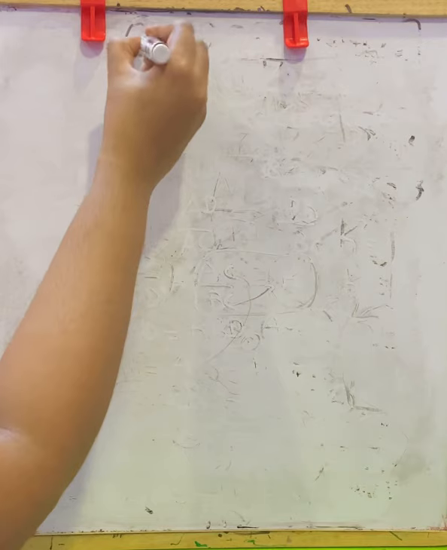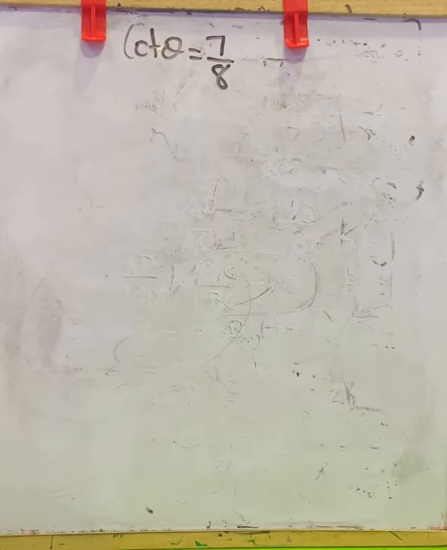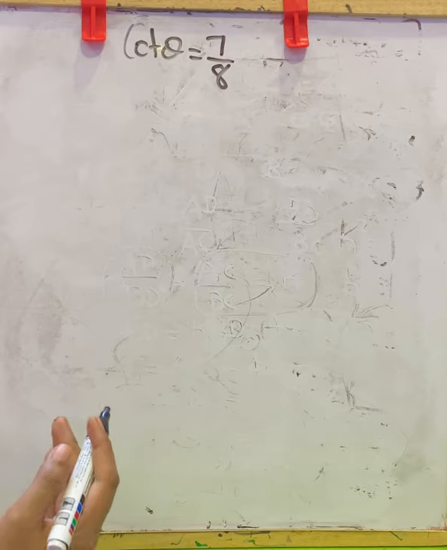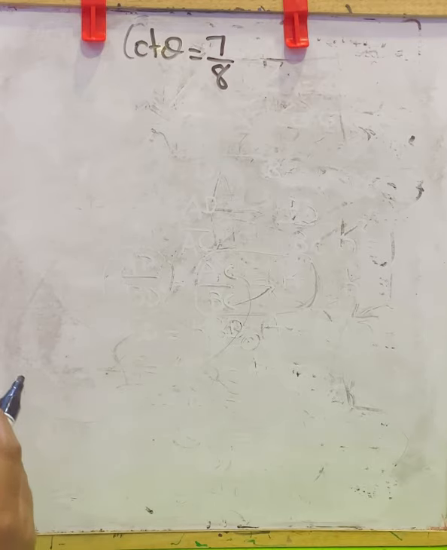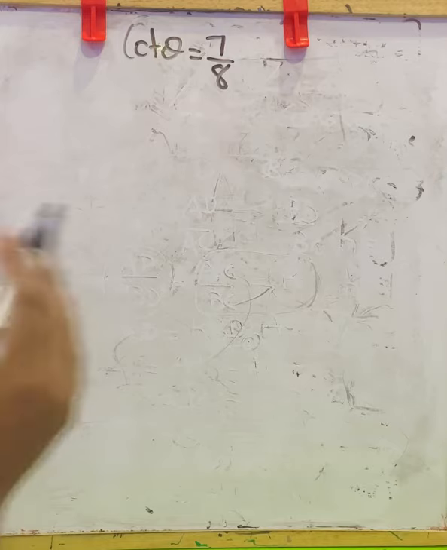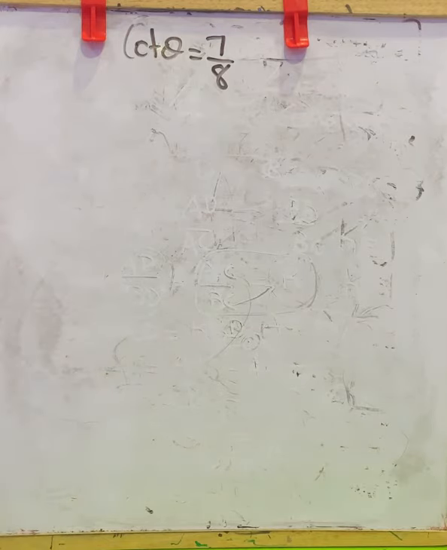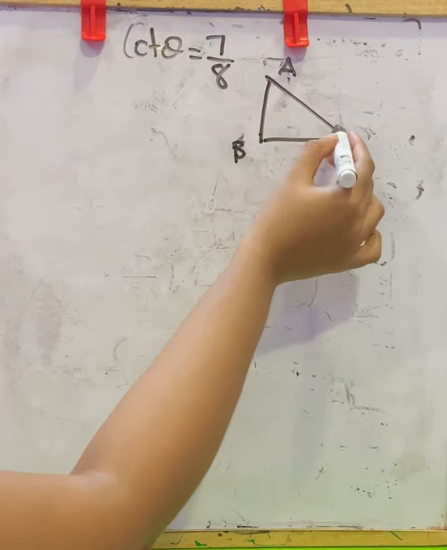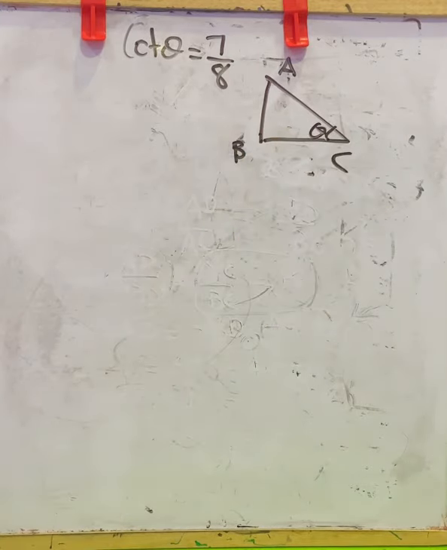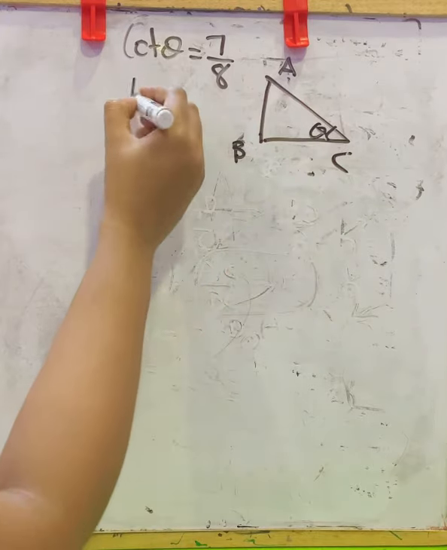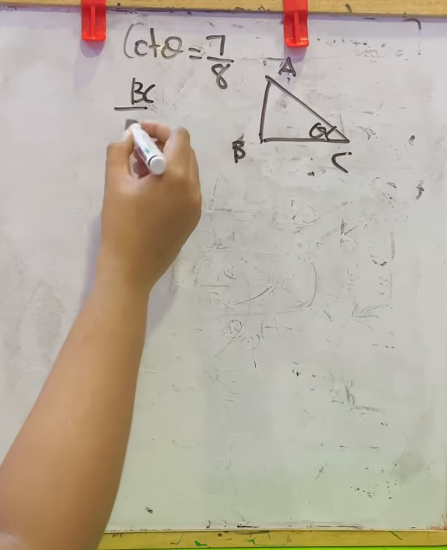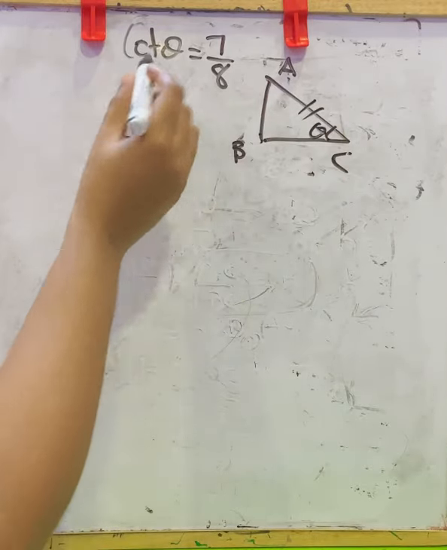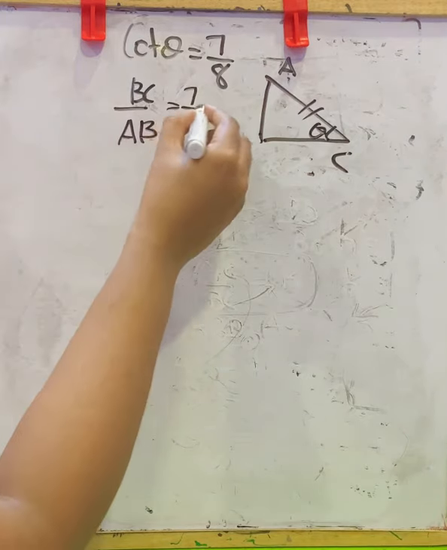Next question, given cot theta equal to 7 by 8. We have to prove the value of (1 plus sin theta)(1 minus sin theta) whole by (1 plus cos theta)(1 minus cos theta). Before that, we will find out all the other trigonometric ratios. So cot theta is 7 by 8, in a triangle ABC, right-angled at B, and let this be theta. So cot theta means adjacent side by opposite side. Here adjacent side is BC, opposite side is AB. This is the hypotenuse. So cot theta is BC by AB, 7 by 8 given in the question.